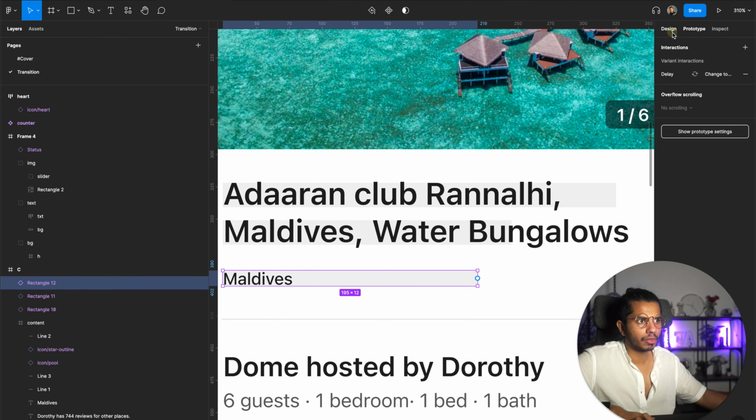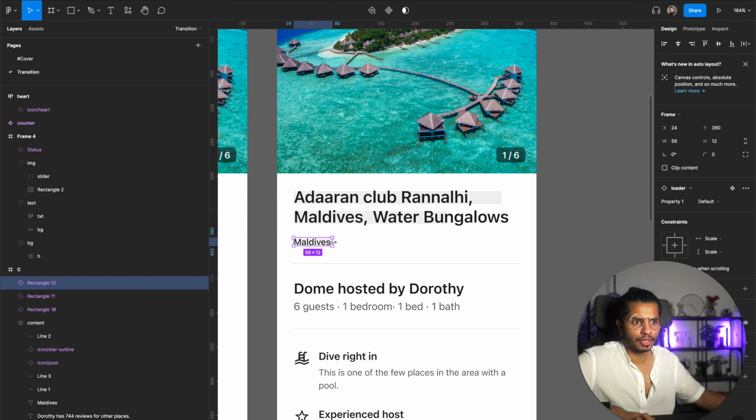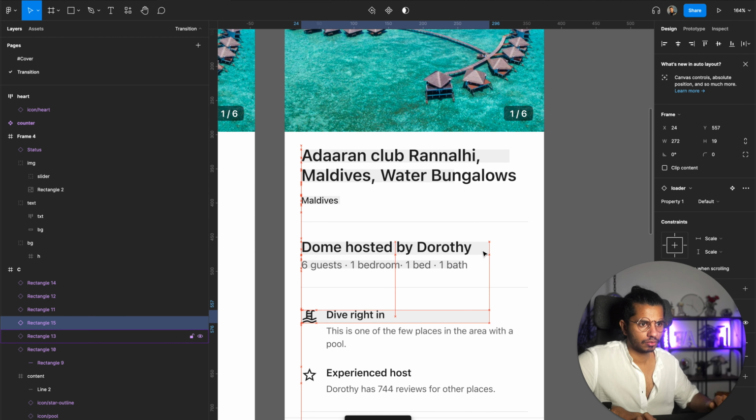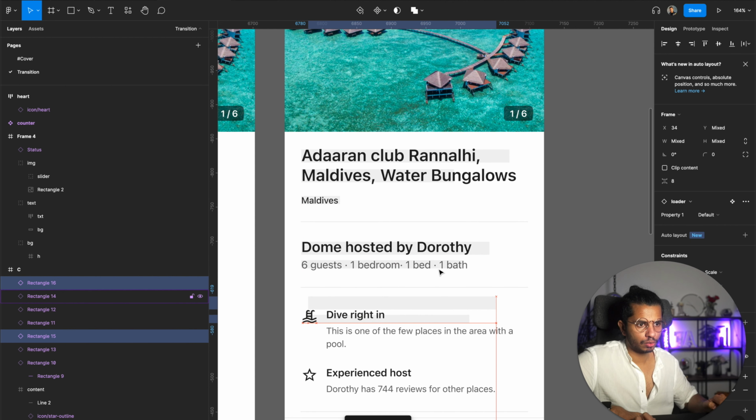I'm actually going to go back to design. The prototyping thing is showing up all the time, which is sort of annoying. I'm just going to do this, Command D again, going back here, it's fine, probably a bit less. Going back to this one, Command D again, probably about this much, it's fine. Then Command D, I'm going to delete that actually. I'm going to just Command D the whole two blocks and